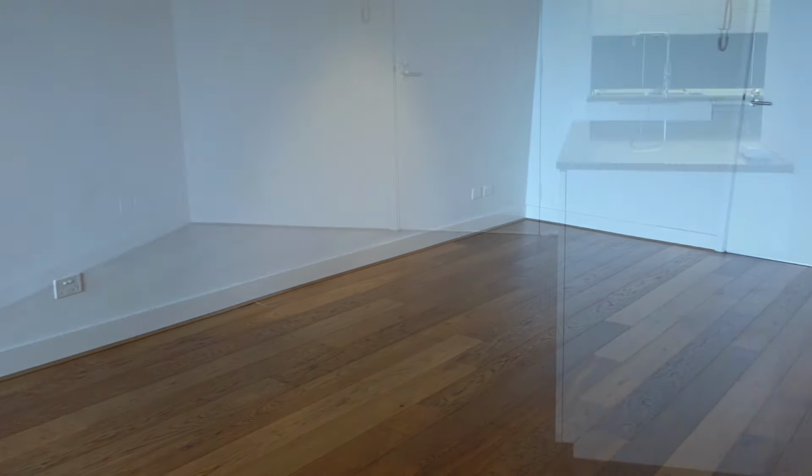To the right side of the door is the beginning of the lounge dining area. Let's have a look from another angle. I'm planning to build some storage, probably on this wall or in this area. And then my dining table is going to go here. My piano is going to go here. And over here will be my couch. And then on the other side of the couch